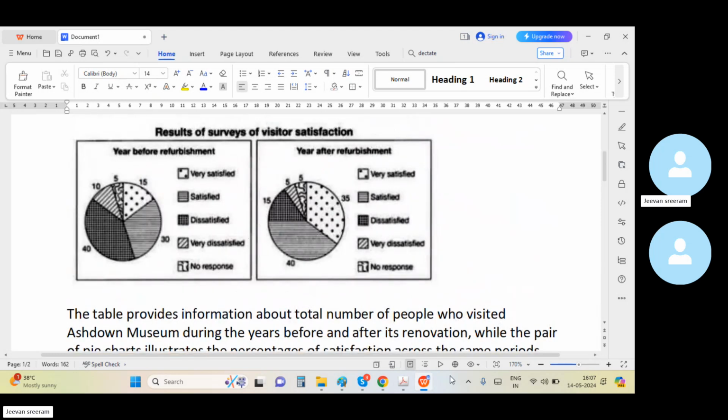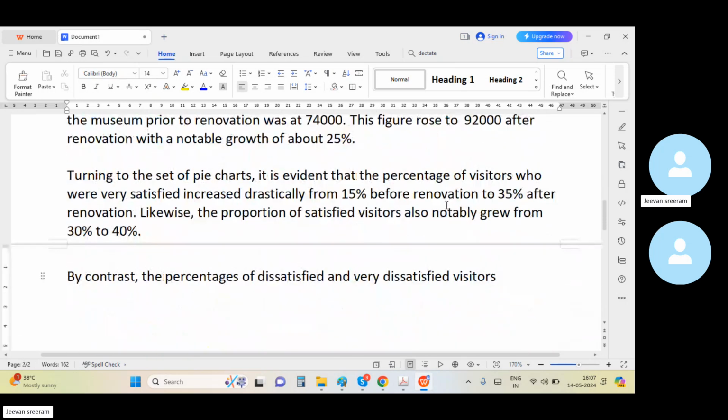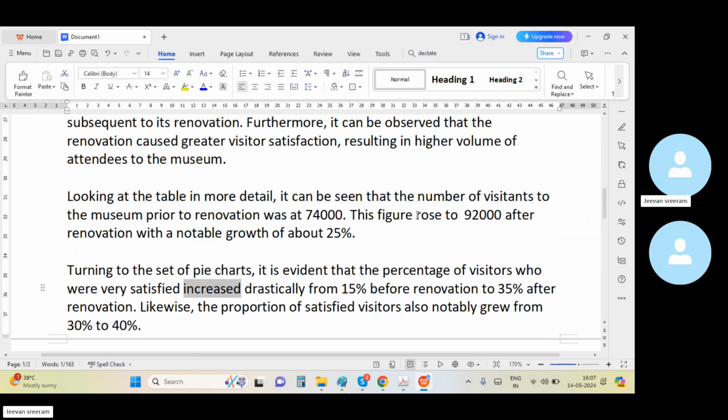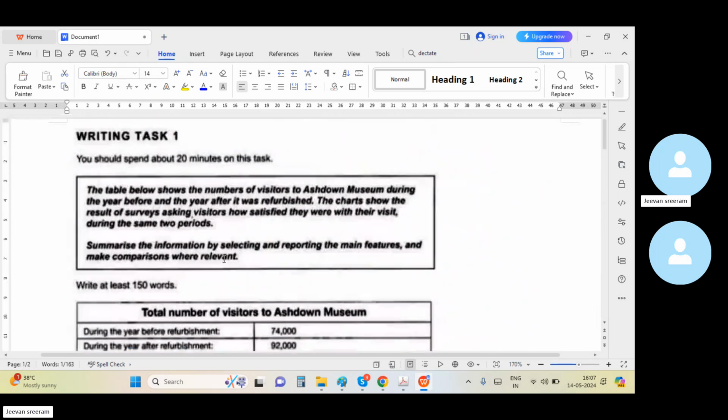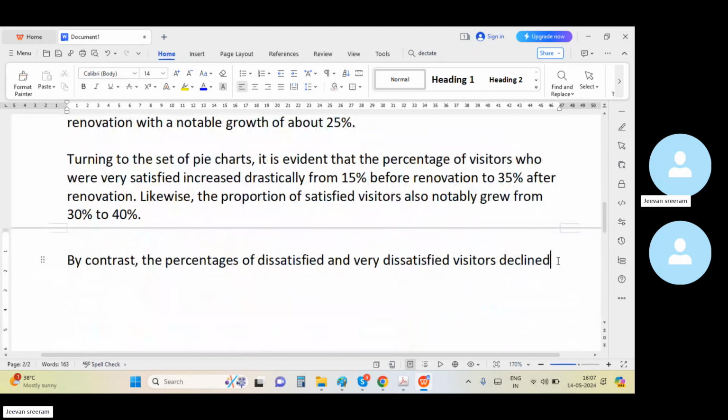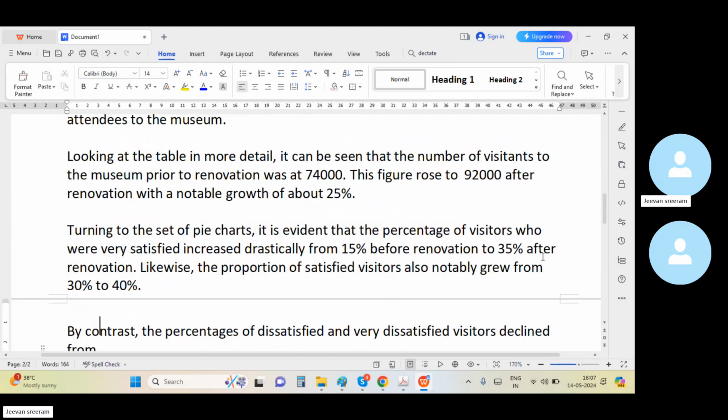Decreased, right? Declined or fell. Please observe that all the detailed sentences have been written in past tense. Please observe: grew, grew, and increased, right, buddies? Rose. Why? Because I can see a clause given in past tense as part of the introductory information given in the question. Declined from